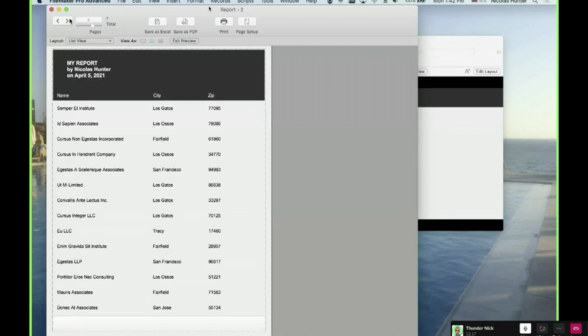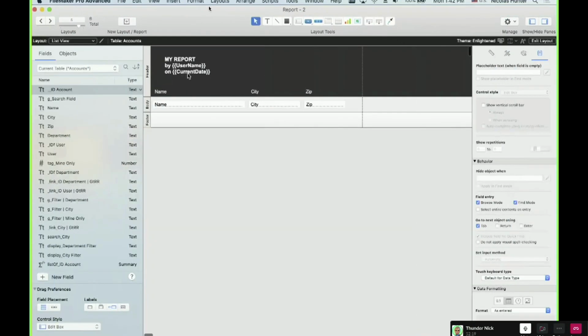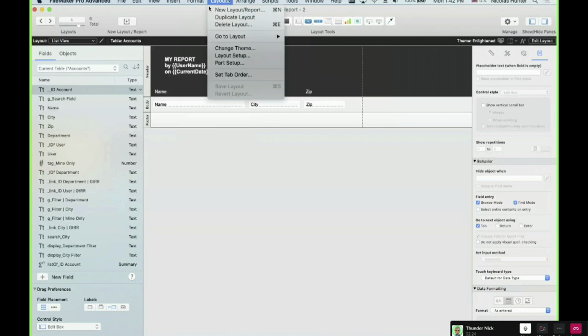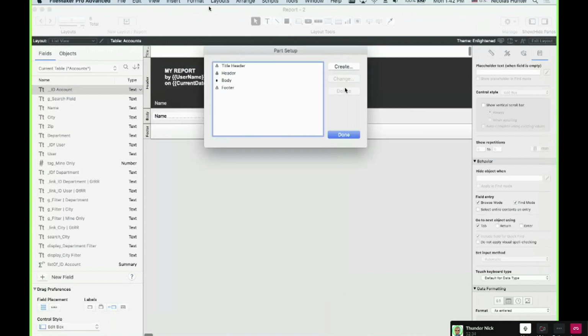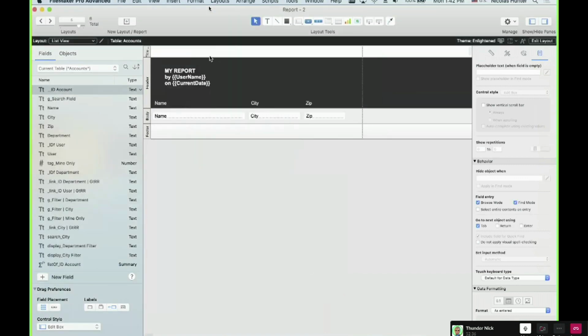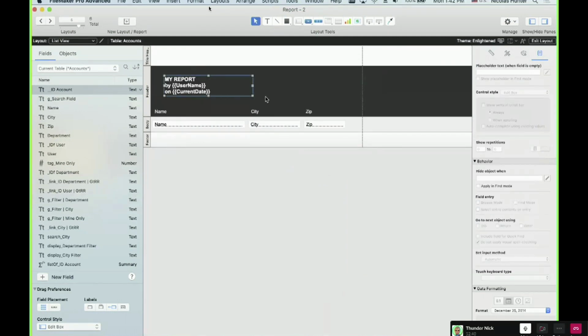But FileMaker noticed something. They said, "Yeah, okay, I understand your concern, but this is too much. Maybe we can have a title header," which you can see is always on top of the header. The title header can be a small version of this.